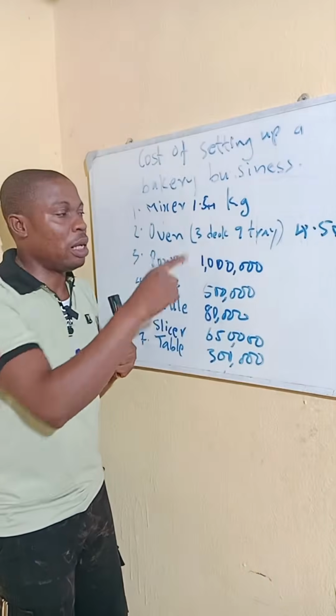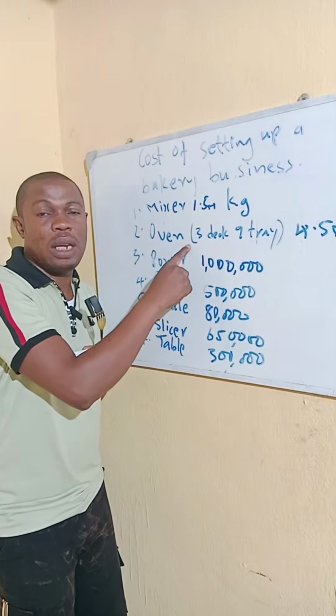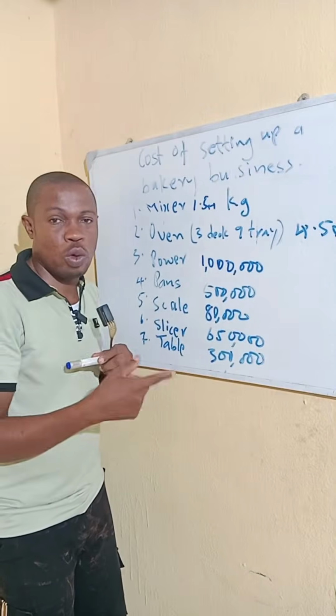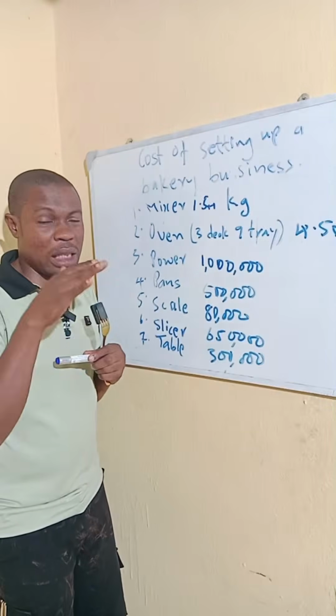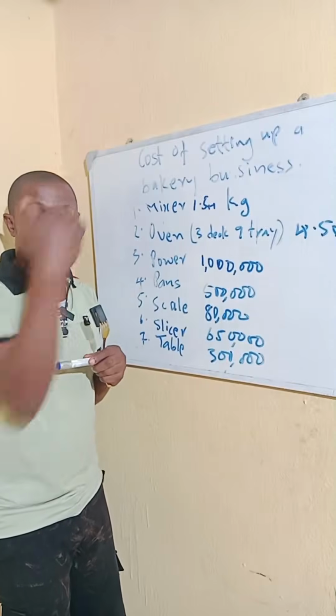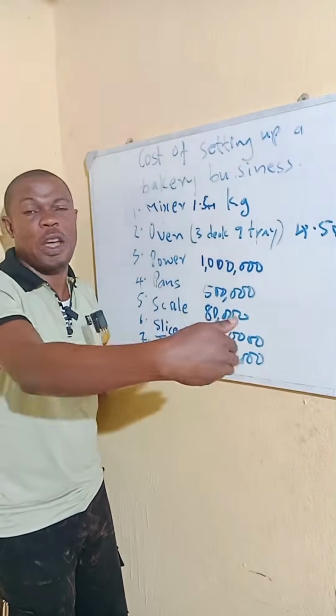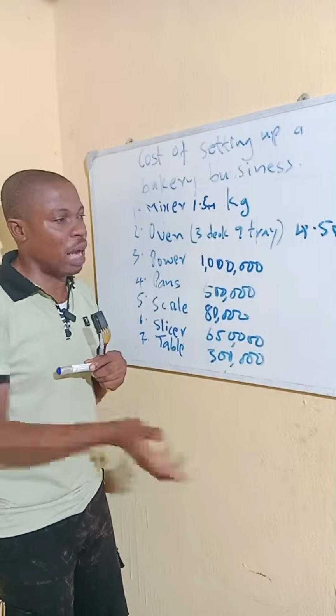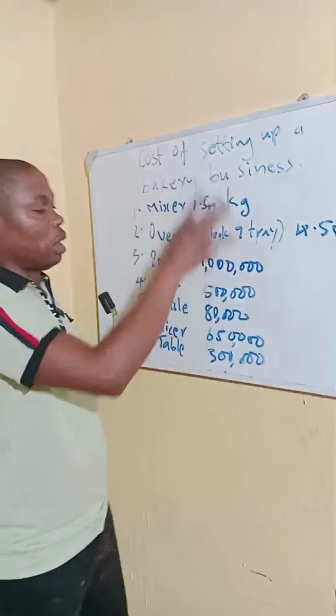buy the mixer, go for a locally fabricated oven, or the firewood oven that is constructed by Nigerians. They are very good ovens. It has the normal decks, but it's firewood. And so you put firewood at the back and it will do the job. That one costs the amount,